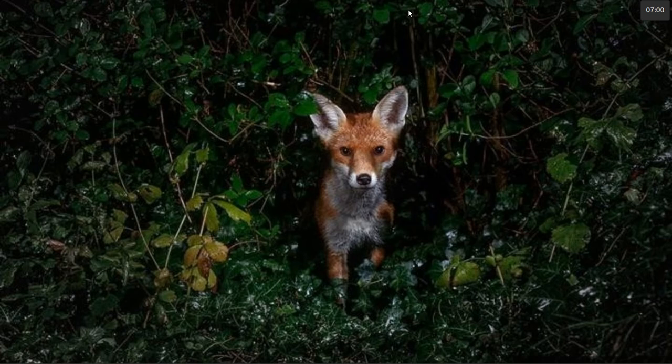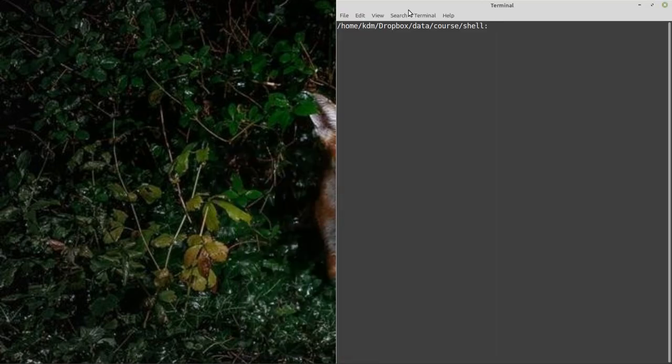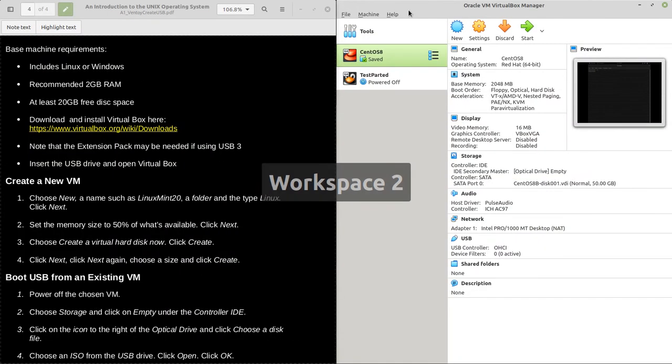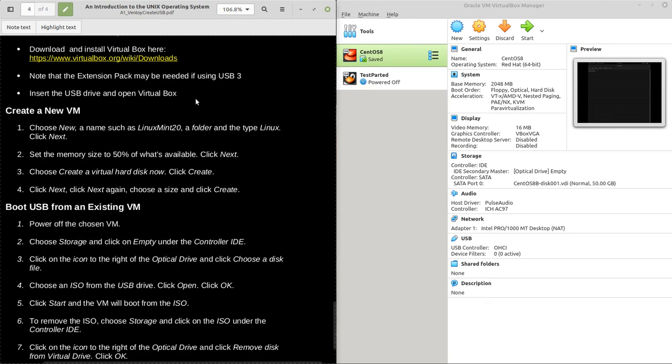Bear with me a minute. I lost things there. There we go. Anyway, download it there. There's a bit about USB 3. So insert the USB drive, mine's still in there, and open VirtualBox. Now to create